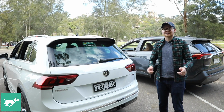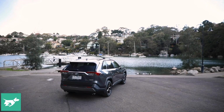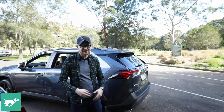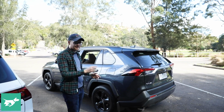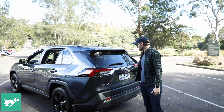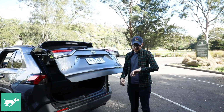But the big question is, how does the challenger to the throne, the Toyota RAV4, compare? Because not only is the RAV4 all new, it sits on Toyota's TNGA platform, which we've rated really highly in the past. It's also more practical, and that's actually despite getting a bit shorter over the outgoing model. There's more boot space for a start. Got another electric tailgate here. It isn't the quickest,